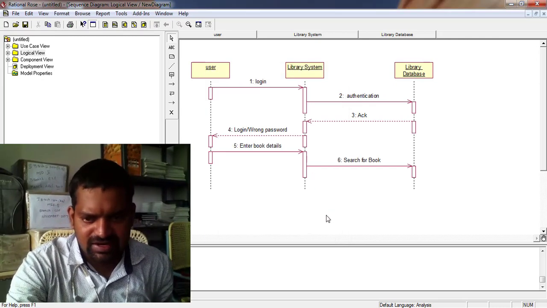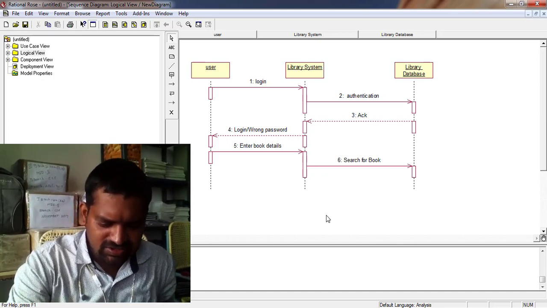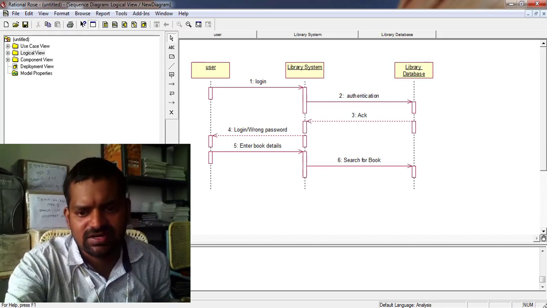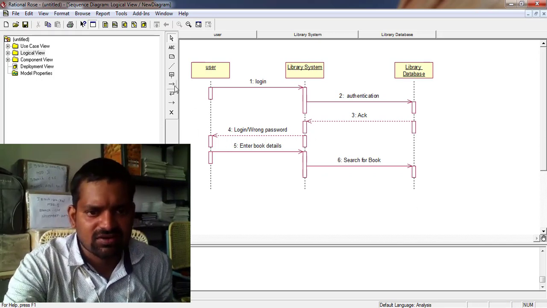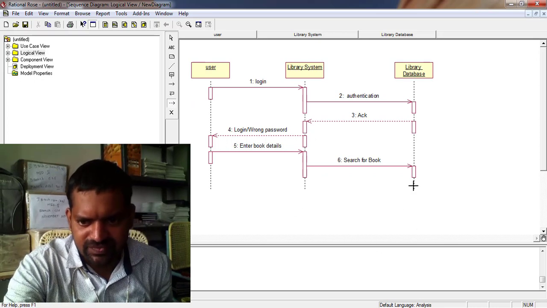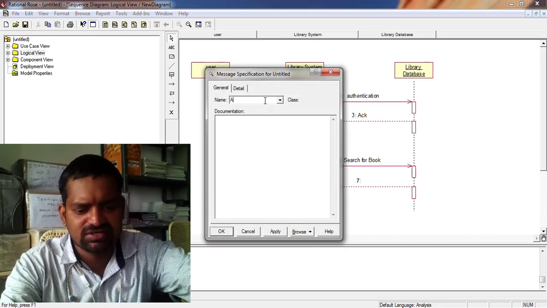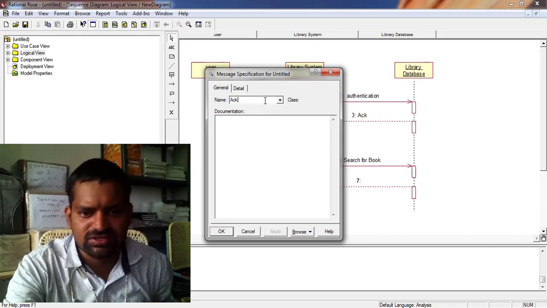Okay, right. After searching a book, if the book is available, an acknowledgement for the search goes from the database to the library system. For the acknowledgement we write a return message, acknowledge. What is acknowledge? Book is available.